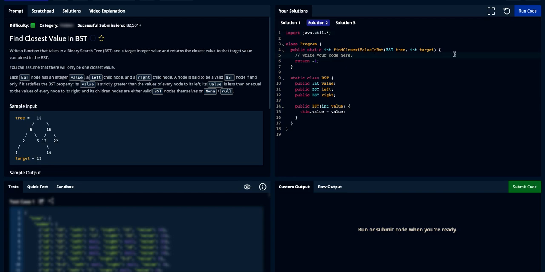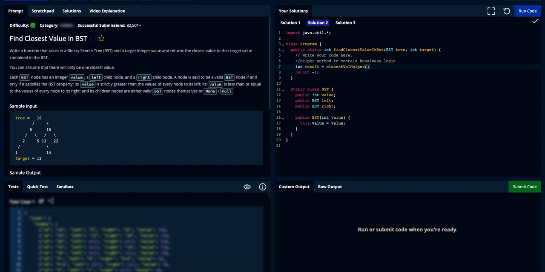So let's get into the coding portion. For any tree problem, they give you a method here, but I like to create a helper method that has my recursive traversal. So let me call it helper method to contain. Okay, and then let's create a variable just to hold our result. And let's name the helper method closest val helper. It's going to consume the tree object that we're given right up here. It's going to also consume the target